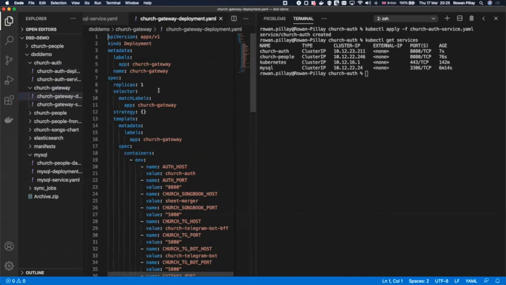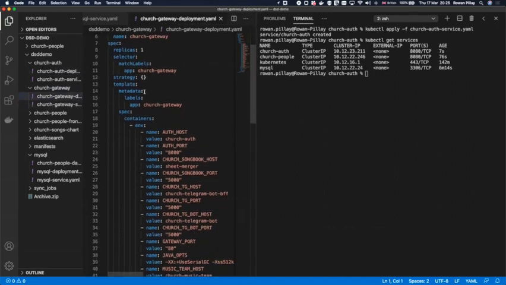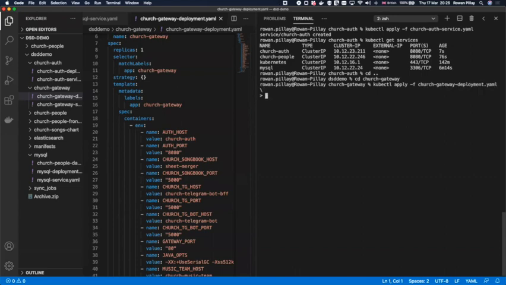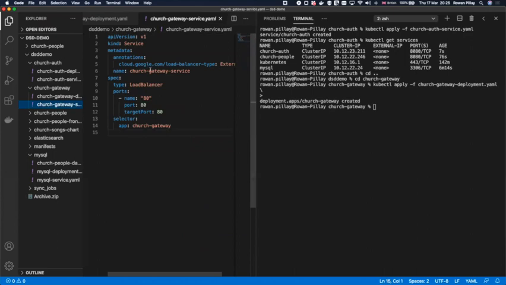This is the deployment. Oh, sorry, I'm getting ahead of myself. This is just another service, same as everything else. And then if you look at this one, this service is the load balancer. I've set type external and type load balancer. So when I run this,